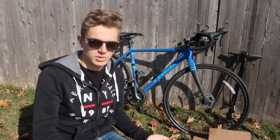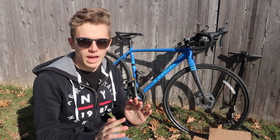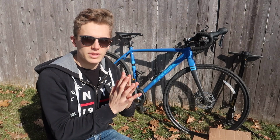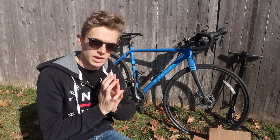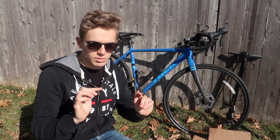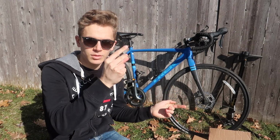There are obviously more tools you can get if you want to go in depth. You can get between the cogs of the cassette. You can do all that. But basically, you want to get your bike as clean and presentable looking as well, and obviously functional. You want your customer to be happy, for sure. But you want to do all that, and then hopefully your bike will look